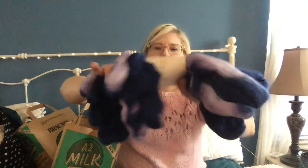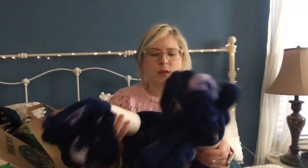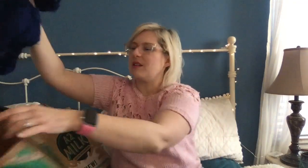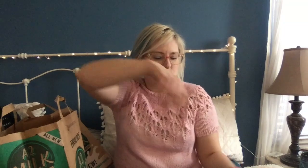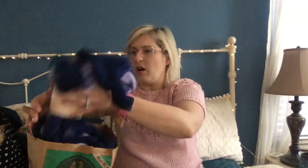Some of them have more than others, so I am going to be working all of these, taking some from each one and working them all at the same time. But I feel like this could totally be a sweater spin, which would be my first sweater spin. Yeah. So that would take some commitment, and I have a hard time tearing myself away from knitting in order to spin. So, I mean, it could be a hot minute, but